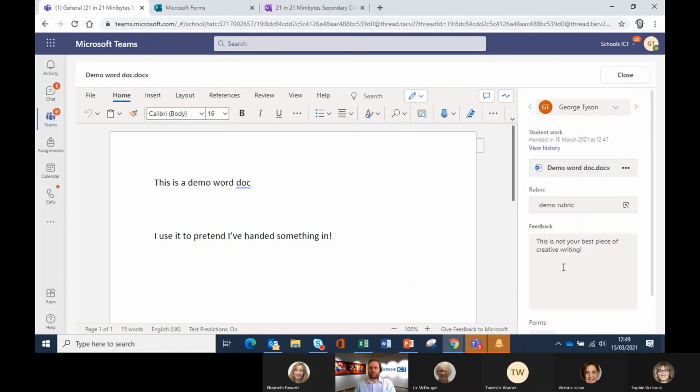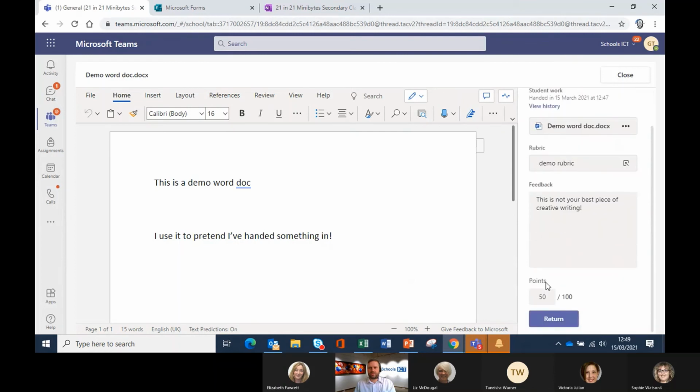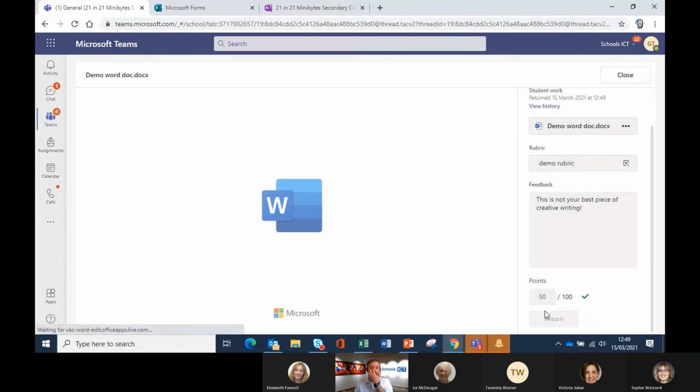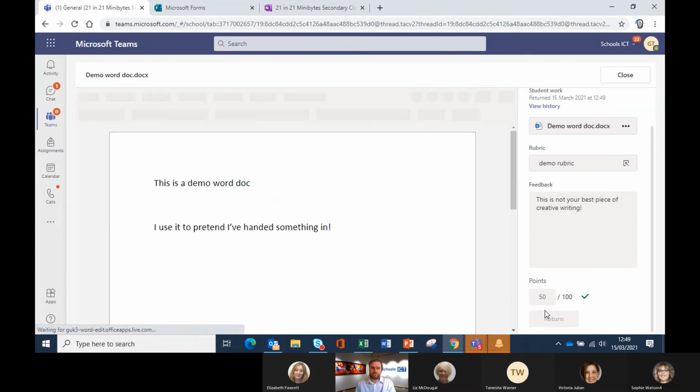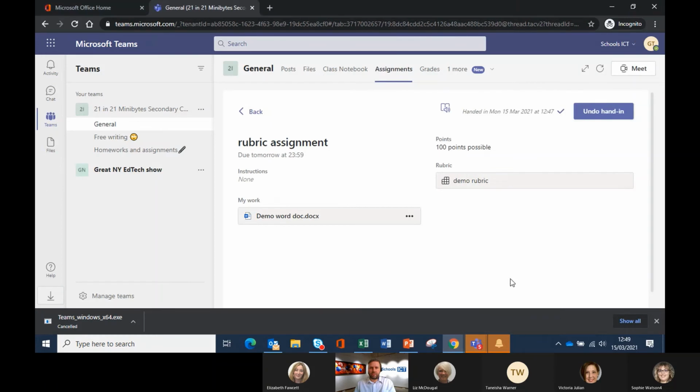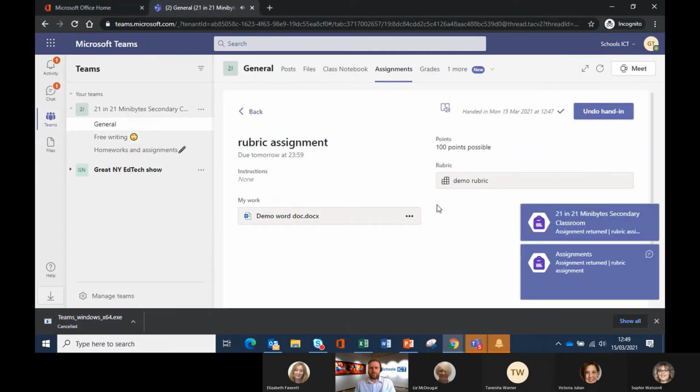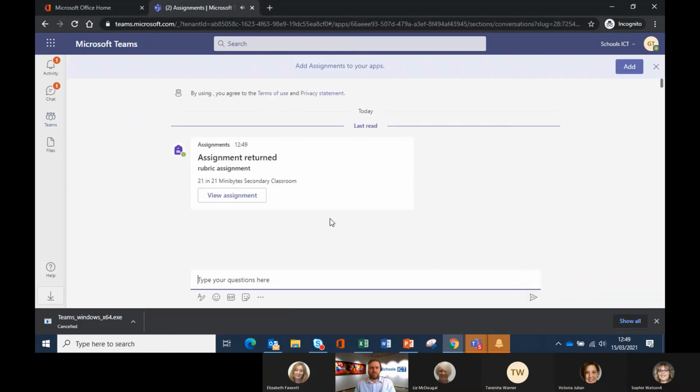So I'll click on done. It's not your best piece of creative writing. Scroll down to points which have been done by the rubric and click on return. I'm going to submit that work back to the child, and the child will then see, as I change my login again to the child, that when I go back, there we go, my assignment has been returned